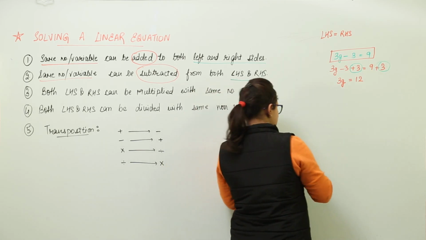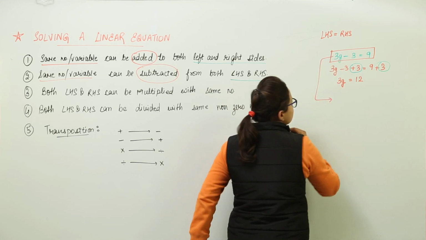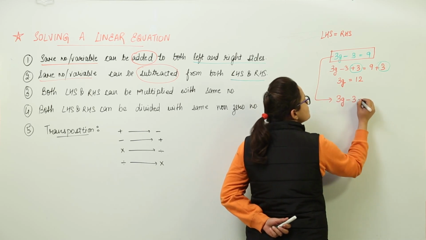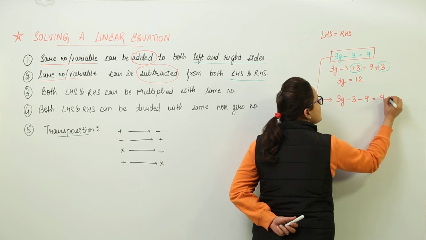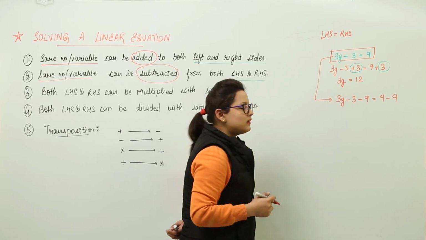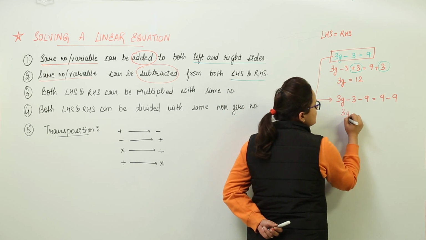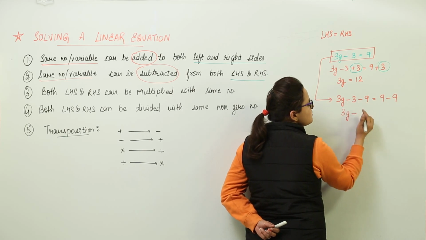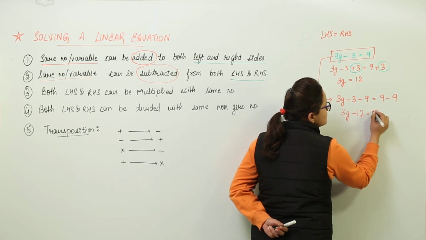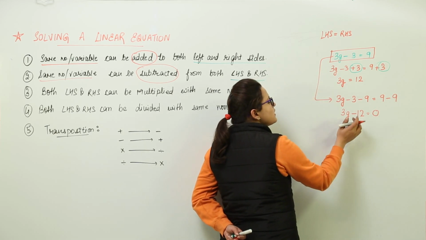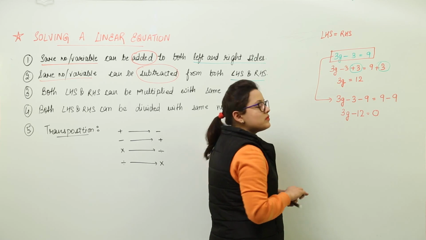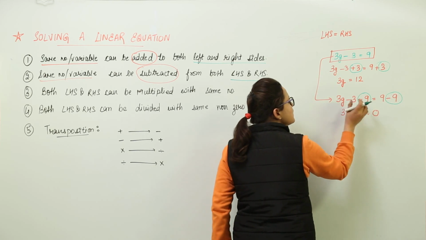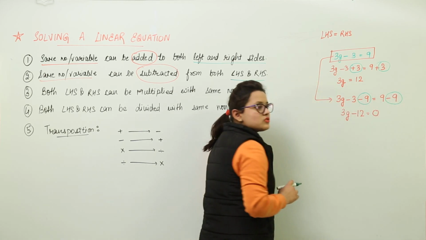What we could have done for the same question, I am doing the subtraction part, applying the second rule. Now the question was 3g minus 3. I am going to subtract minus 9 on the left hand side and minus 9 on the right hand side. So what do we get here? Here we get 3g minus 3 plus minus 9. Here both will be added because they have the same signs. So this becomes 12 and on the right hand side we are left with 0. In this way we can even subtract the same numbers, like minus 9 in this case, on the left hand side and the right hand side. So these were the two rules.